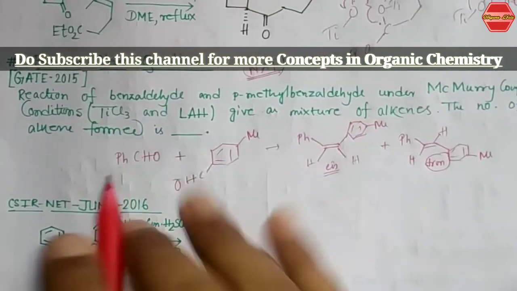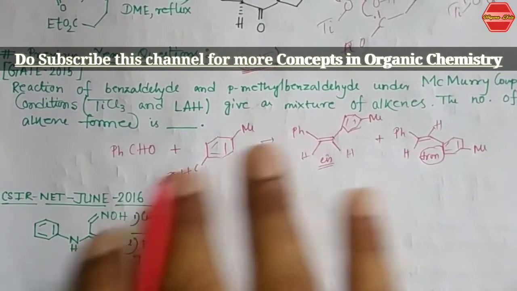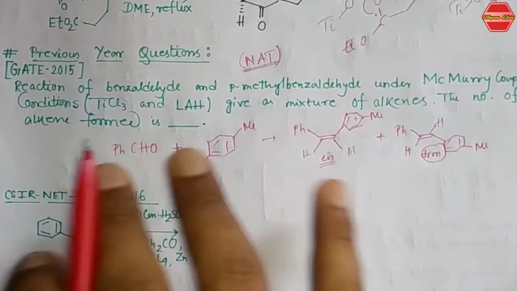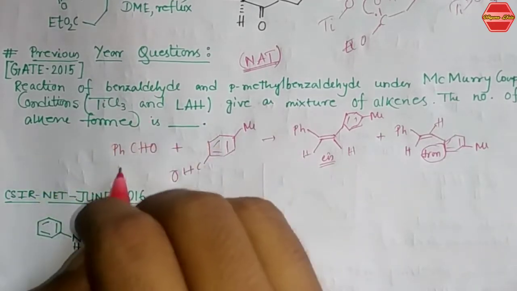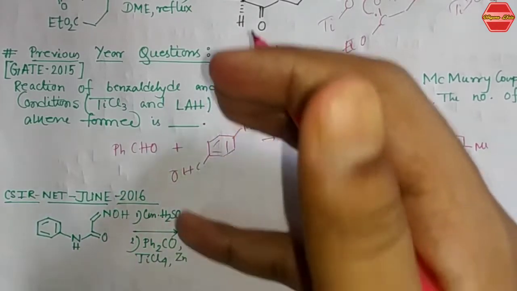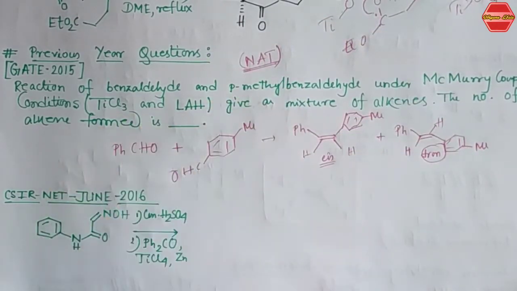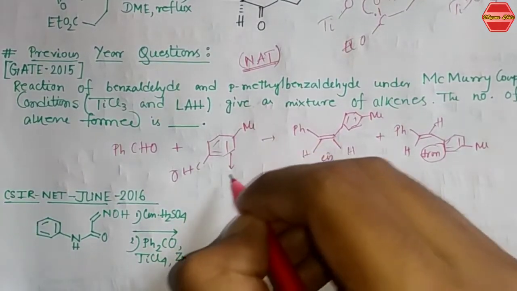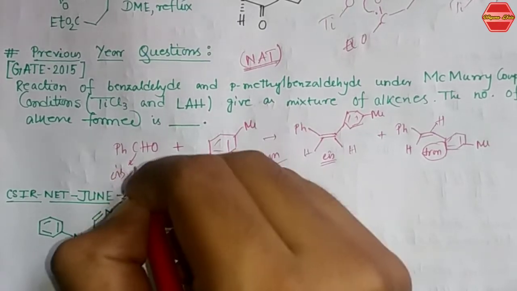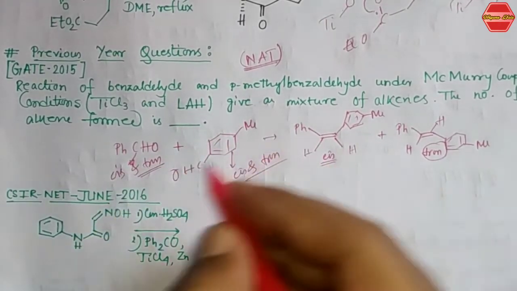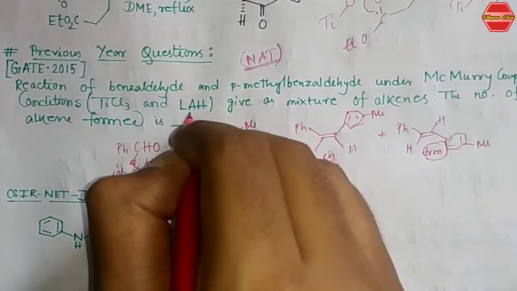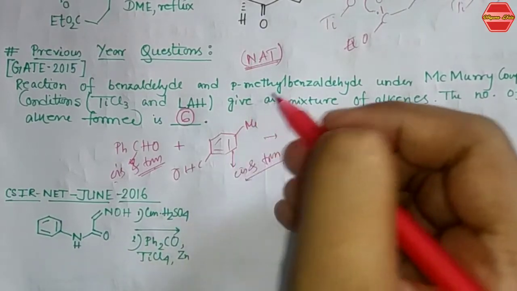Now you can easily predict the answer is 2, but you are wrong. One more thing is that benzaldehyde can couple with itself, that is self condensation takes place, that is self coupling, and paramethyl benzaldehyde also forms two isomers, cis and trans. So it can form this cis and trans, and this can also form cis and trans products. So you are getting 6 products, that is 1, 2, 3, 4, 5 and 6, and your final answer is 6. So that is what the tricky question was.